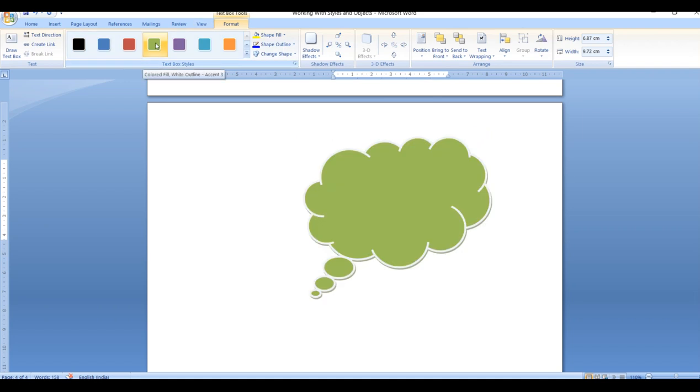Now I want to insert text into it. After clicking into it, a small blinking line appears on my screen. So this way we can add text into our shapes.